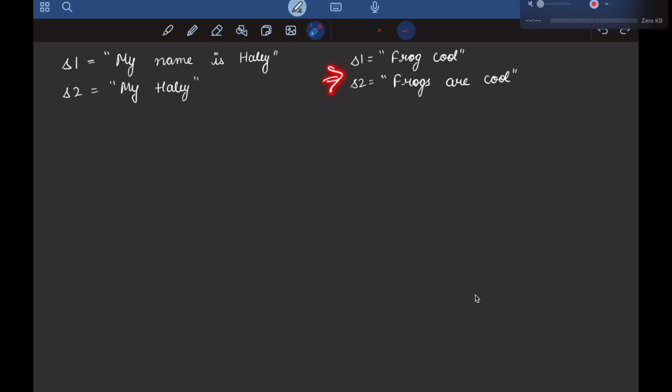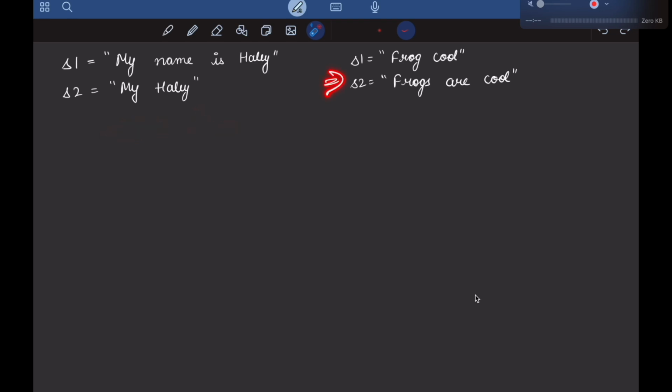But now let's see for this case. It is written in the description that whenever you are inserting an arbitrary sentence, it should be separated by spaces from the existing words, right? So that means whenever you are inserting "name is" here, then you have to insert a space before name and a space after name, right?